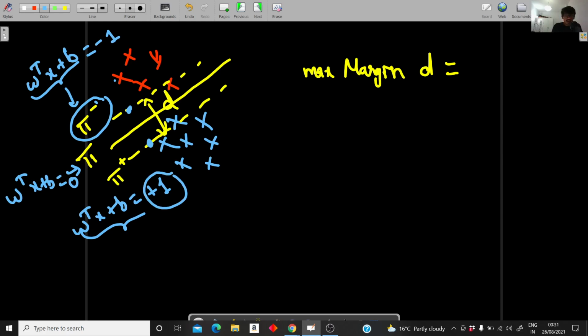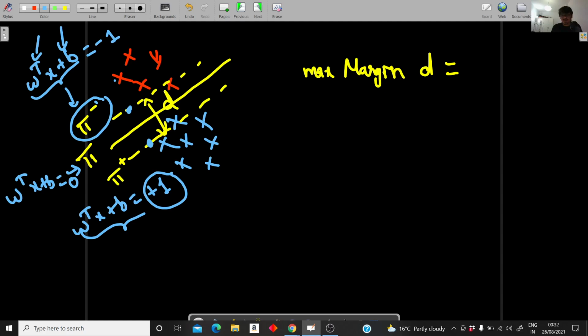It's not compulsory to have plus 1 and minus 1, but most of the books follow plus 1 and minus 1. It's not necessary, though; you can use any constant number, it doesn't matter. The only thing is that these three should be parallel, so you can't modify or add anything here. You can't have twice of w transpose x plus b or something like that.